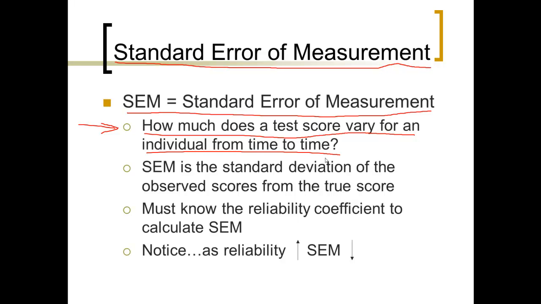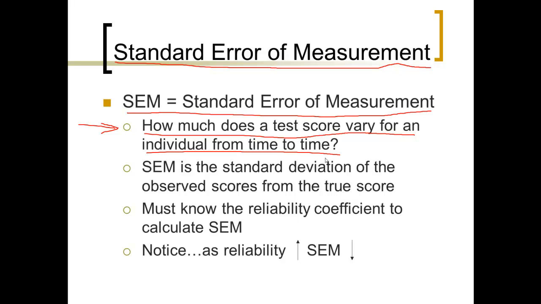If I get 10 students and I give them the COMPASS test once a month for the next 5 months, and I take a look at their scores in reading, English, and math while they're taking my developmental ed courses, what would I expect the scores to look like? Well, hopefully I would like to see their scores improve. Let's say they've got a 25 in math. I'd like to see them go to a 30 or 35, something like that. That's what I would like to see, but it varies. What if they go down? That can happen too. And so that degree of variation over a period of time is what we're looking at